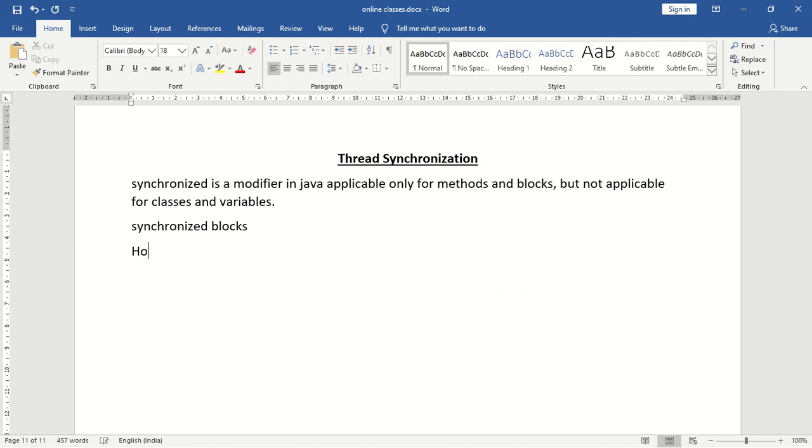How to declare synchronized blocks? There are three ways to declare synchronized blocks.